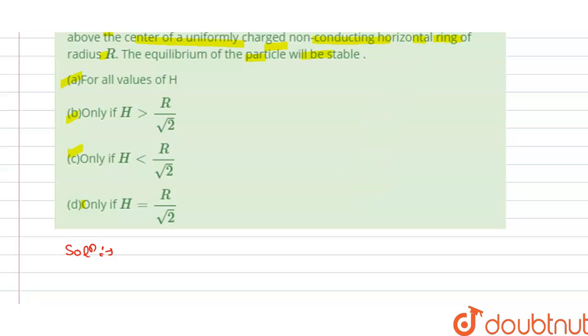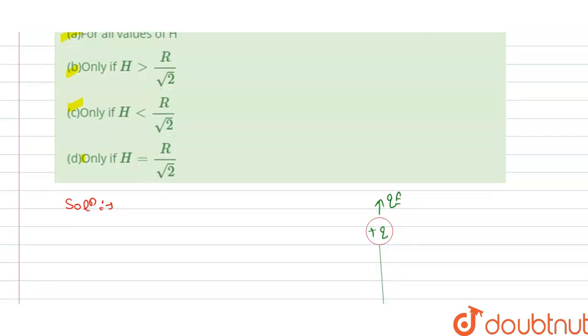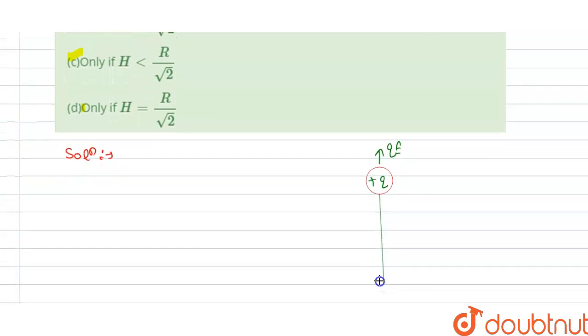let us suppose here is our QE, that is charge Q and E, and this is our positive charge, and in this direction QE, and downward mg is acting. So this is the mg here, downward,